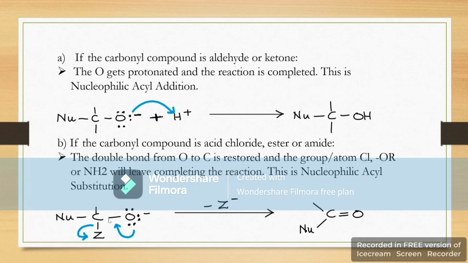So the double bond between carbon and oxygen is restored, and the group or atom which is Z, that is Cl or OR if it is an ester, or NH2,